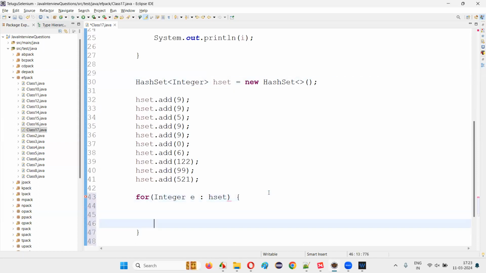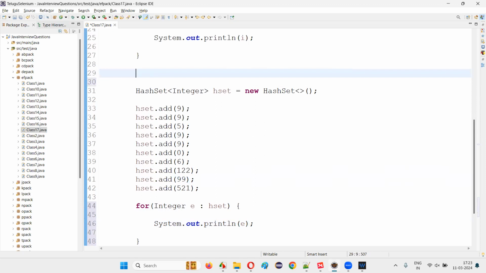And system.out.println, here I'll print E. I'll just write a separation statement here, otherwise you'll not understand what output came from ArrayList printing and what output came from HashSet printing. Now run the code and observe that